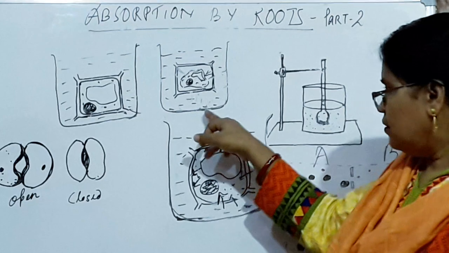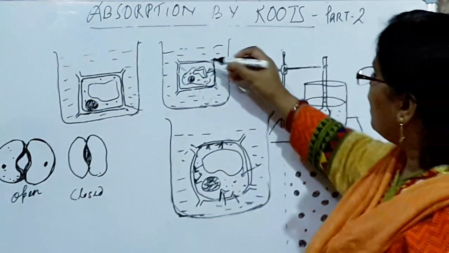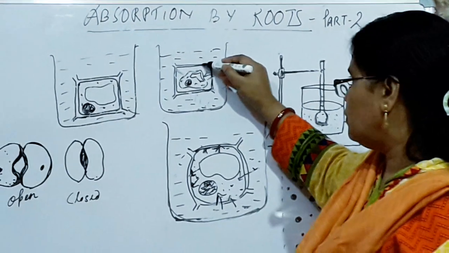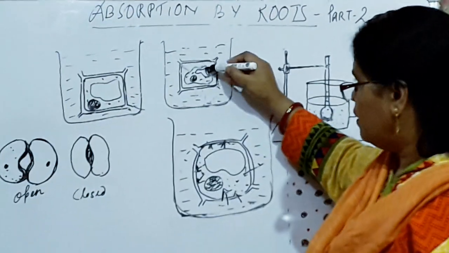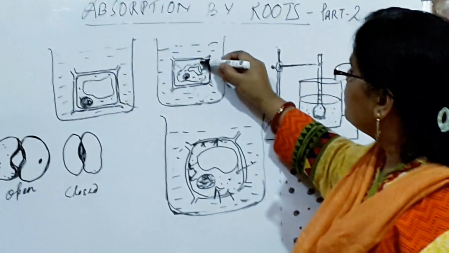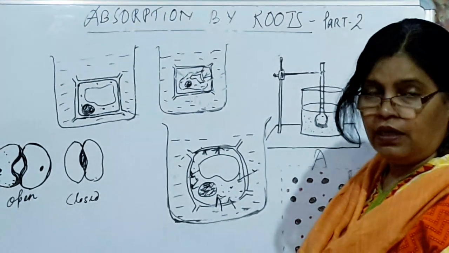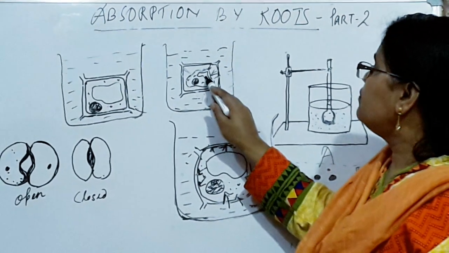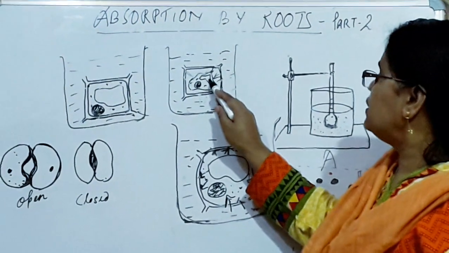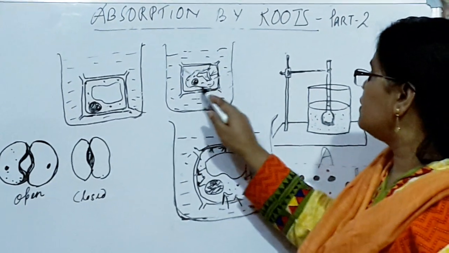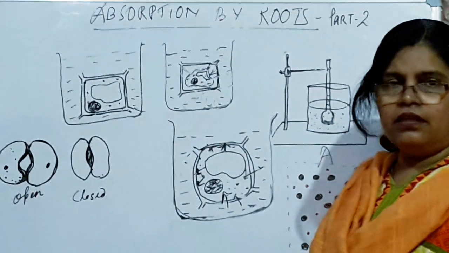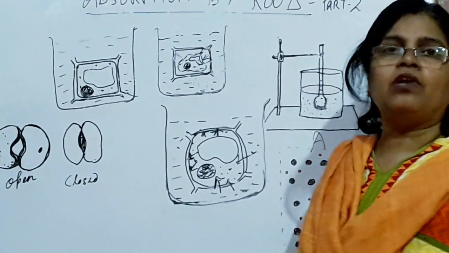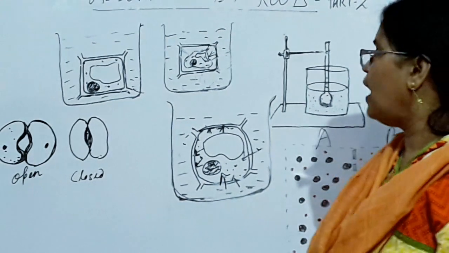In the next beaker, see, this is the cell membrane, this is the cell wall. The cell wall is tough and rigid, so there is no change we are seeing, but the cell membrane is away from the cell wall, and the gap we can see very clearly. And this is the shrunken cell vacuole, nucleus, and this is the small protoplasmic area. This type of cell is called a flaccid cell or plasmolyzed cell. What is the reason behind it?